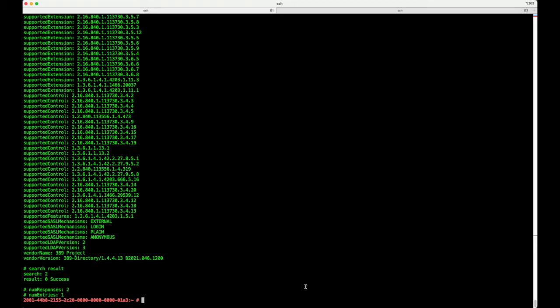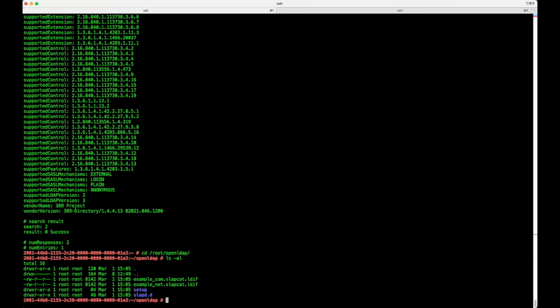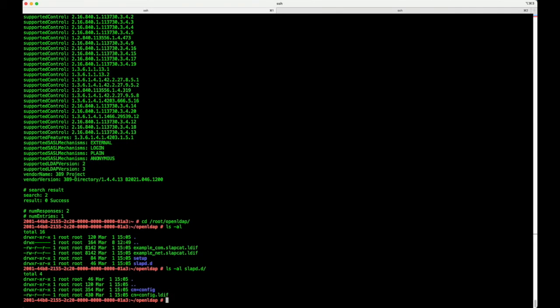If you're doing a just new install, at this point, you would use things like dsconf and dsidm, which are other tools for managing the configuration and the backend content in order to set up your database. But if we're doing a migration, at this point, we now need to look at what the migration steps are. I've taken a backup of an OpenLDAP server and placed it into /root OpenLDAP here. This instance has two backends, and I've exported both of these into LDIF files, and we also have the slapd.d